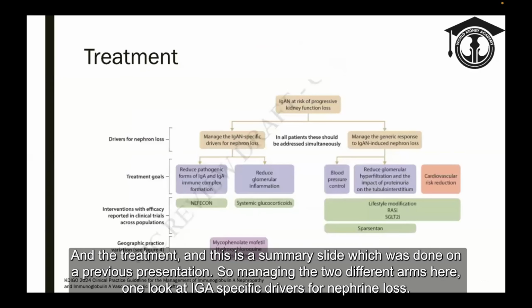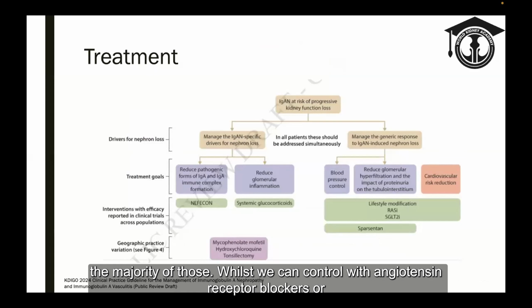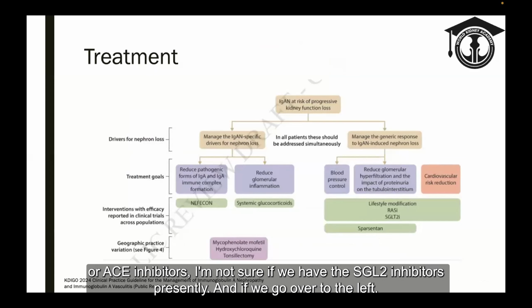And the treatment, and this is a summary slide which was shown in our previous presentation, is managing the two different arms here: one looks at IgA-specific drivers for nephron loss, and the other manages the generic changes. And I'll just start there. As you said, we have multiple new drugs that are available, and I will admit that in Cape Town and South Africa, we don't actually have the majority of those. Whilst we can control with angiotensin receptor blockers or ACE inhibitors, I'm not sure if we have